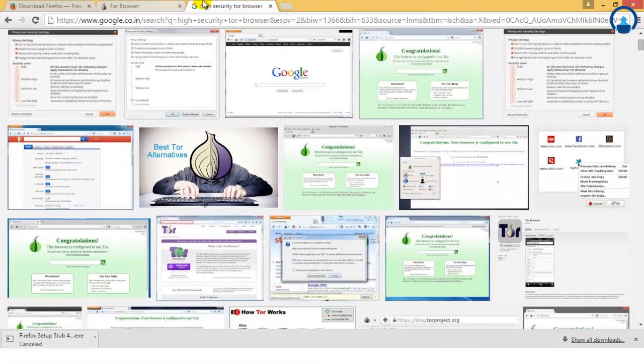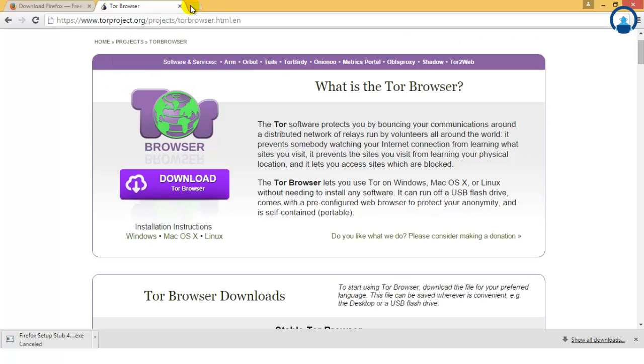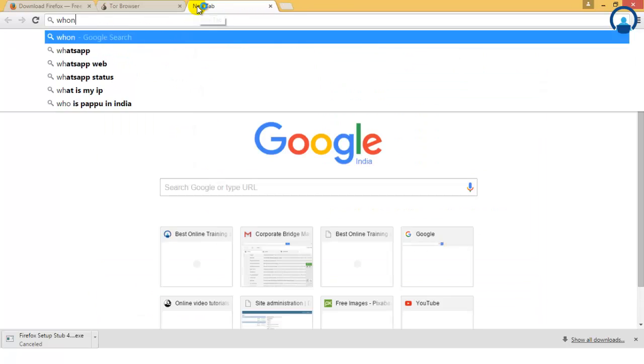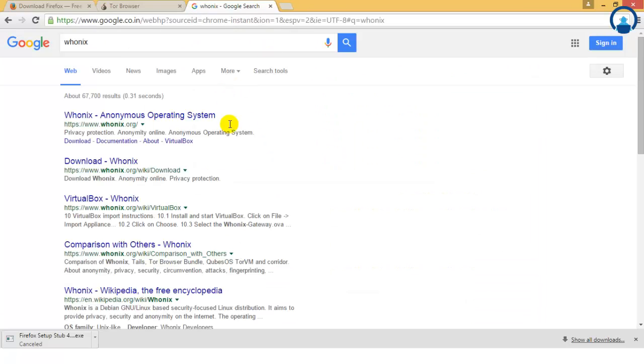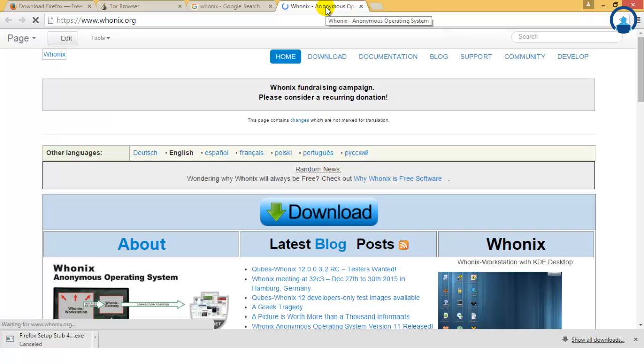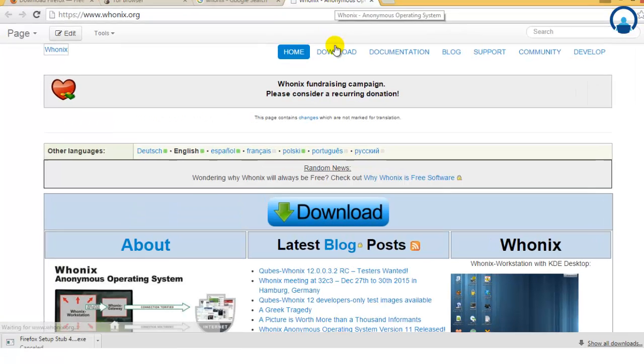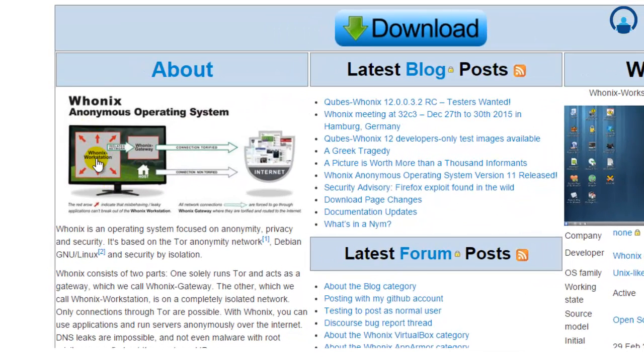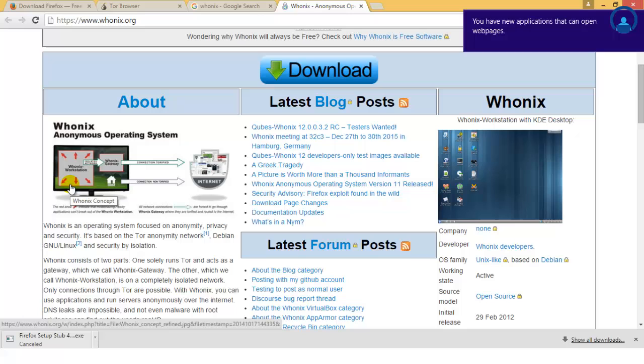Okay, so now as I was telling you, there is another operating system known as Unix, which you can go ahead and install on your system by installing the virtual machine. Once you install this, it will be running from inside the virtual machine, and it will go through a lot of proxies and weird network connections. As you can see, this is your Unix workstation, this is your gateway, and it does not take your computer's gateway as a gateway. The reason for that is so that it does not actually go ahead and